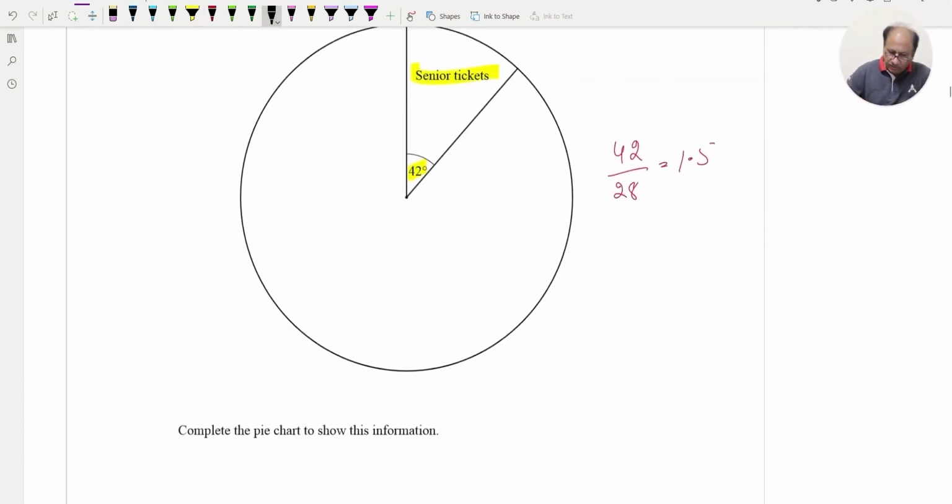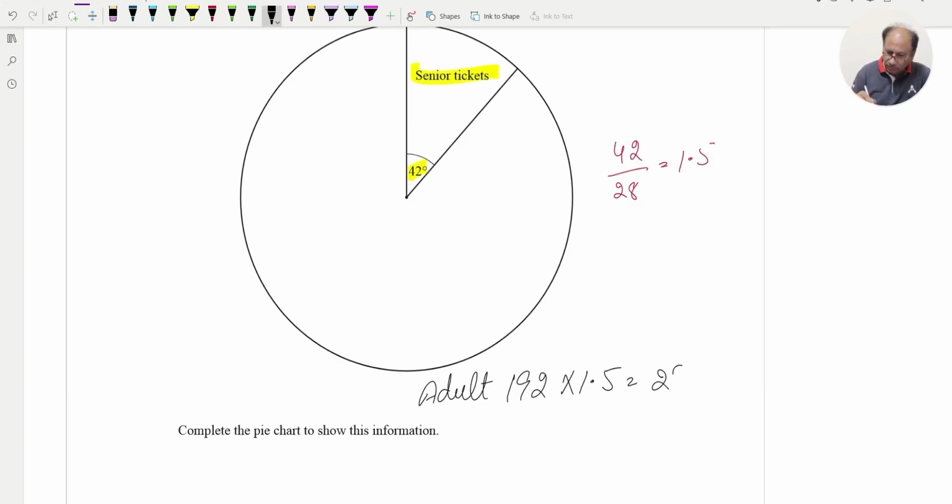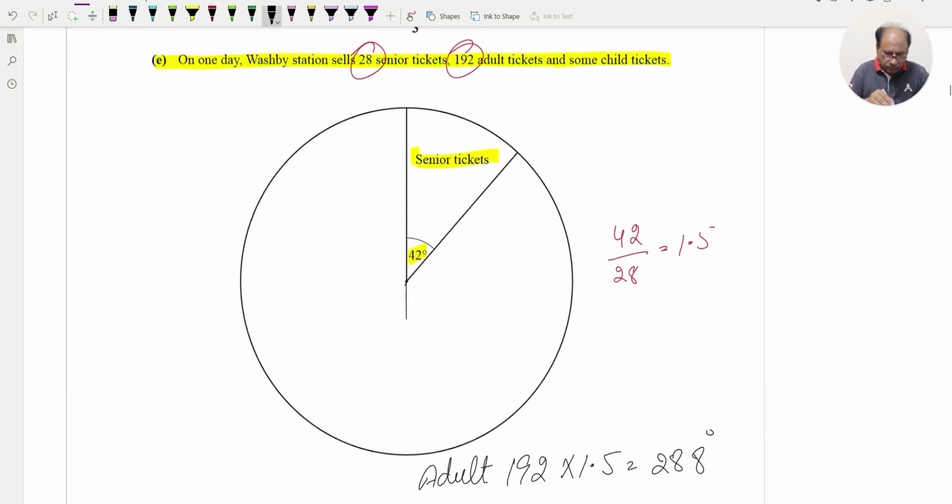and adult tickets are 192. So we can find the adult angle as 192 multiplied by 1.5, which is equal to 288. So 288 degrees will be required for adults, and we can check for the angle. This will be 180 here, and